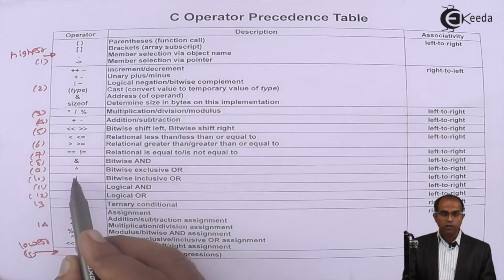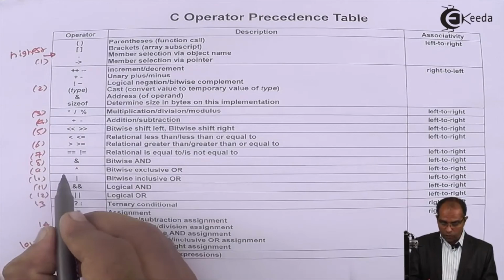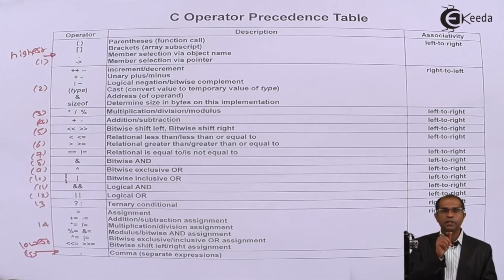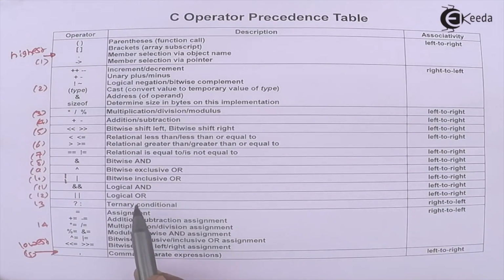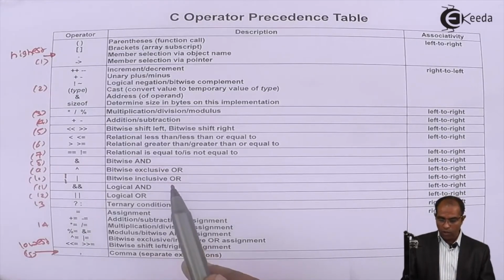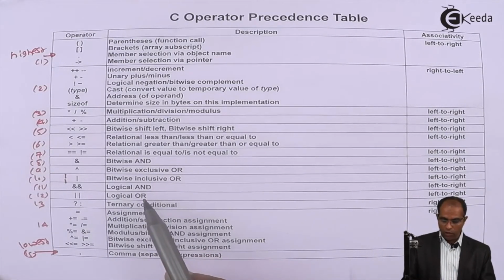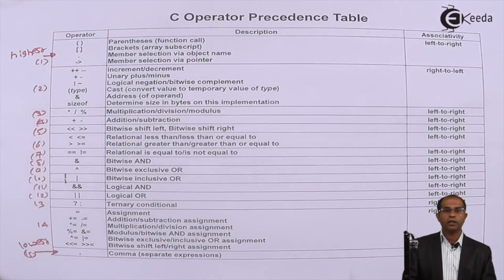When you put the symbol on a piece of paper after taking a printout, the operator might look something like this. But when you are referring to your systems online, the operator is typed as a straight line followed by a small space. You will find this above the enter key. You can press shift with the curly brackets key, and you will have this particular symbol. You have logical and and logical or at the next level of priority as they appear. So all these operators, bitwise and, or, XOR, logical and, logical or, have the 8th, 9th, 10th, and 11th priority.